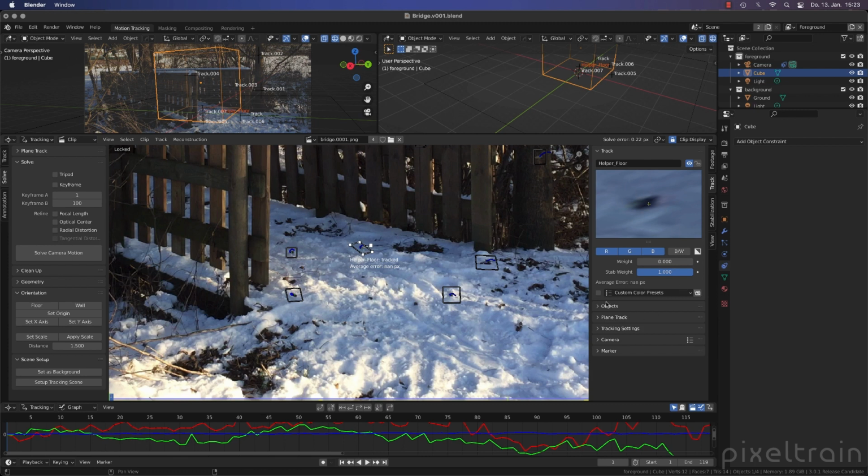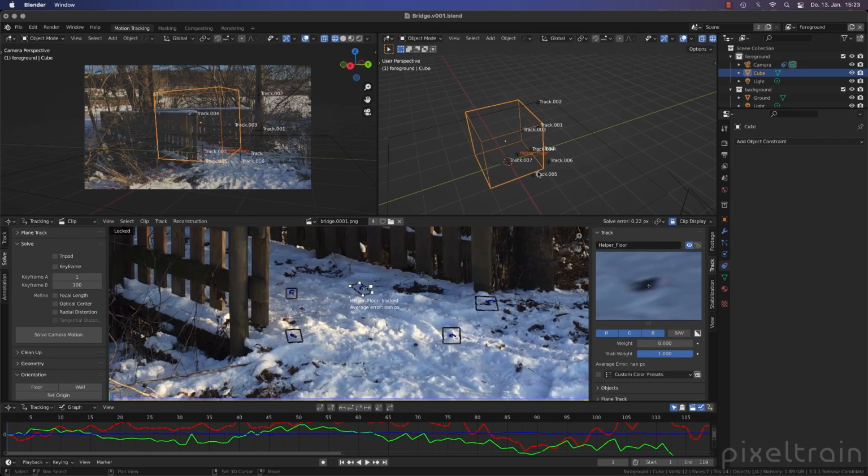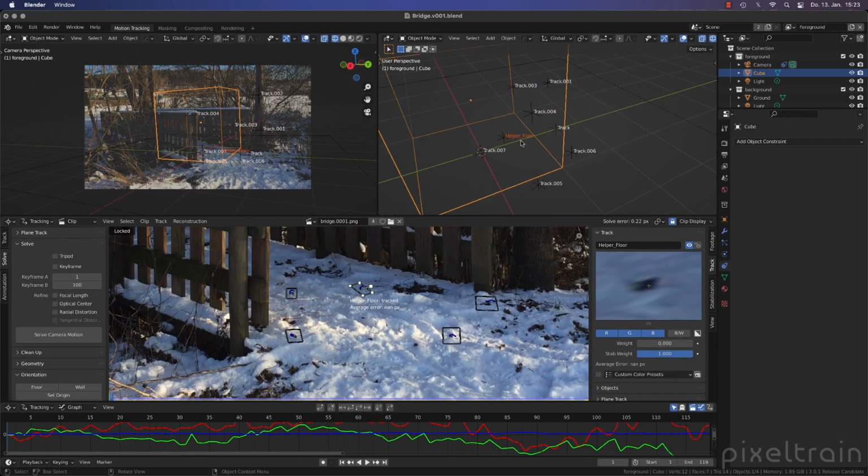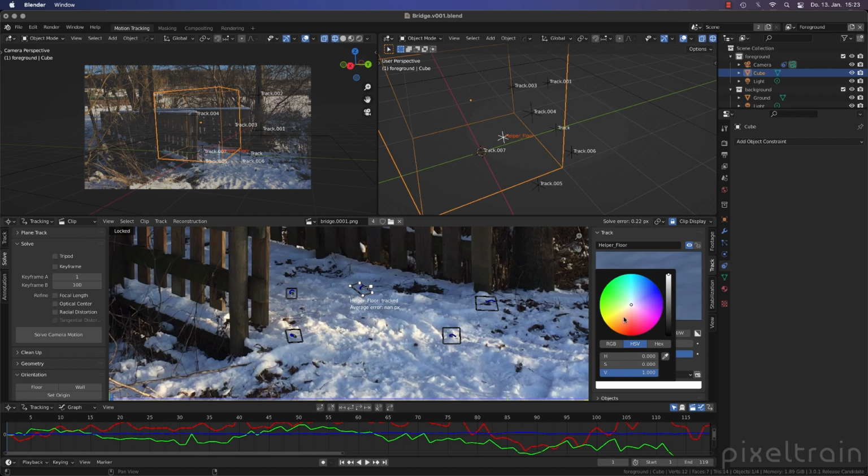What I normally do is I recolor these points. We can have here in the trackers, you see, at the moment, this tracker here, this is helper floor, looks the same like all of these. But what you can do now is tick this little tick box here, and then you have a color field here. So I go into this color field and I set red, for example, as a color. My helper is now red.